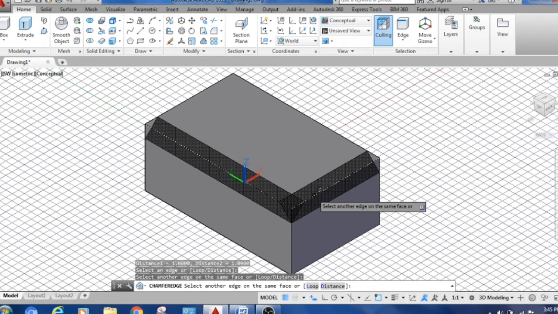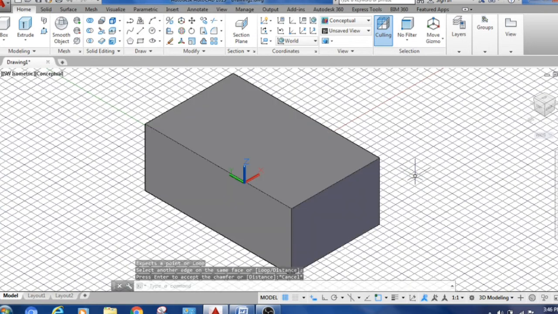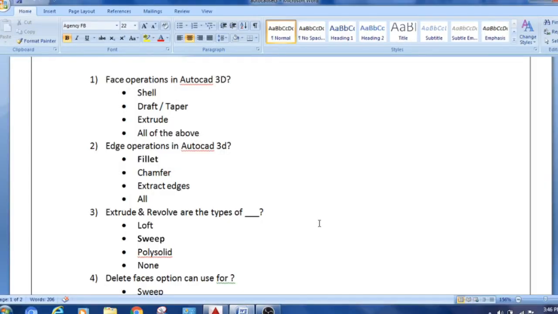That depends on your requirement. So I am just giving 2 and 1. So here you can see we have just removed the edge and applied some chamfer. This means fillet and chamfer both are edge operations.